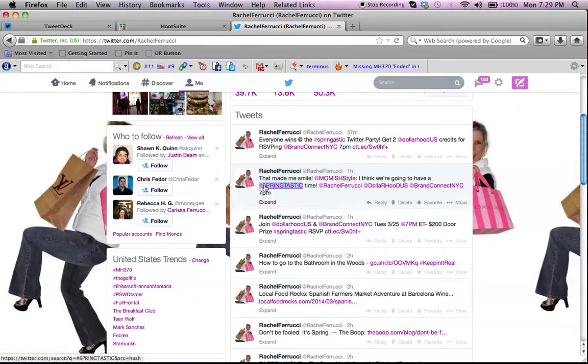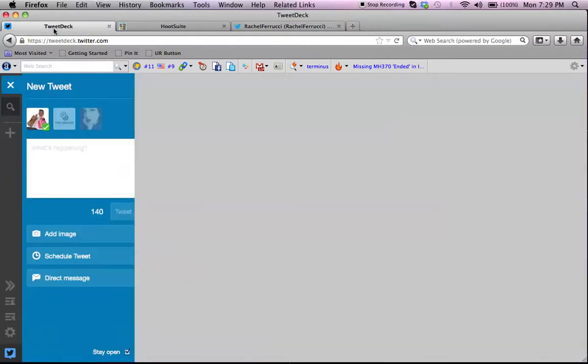So we're just going to go ahead and copy that. And then we're going to open another window with Tweetdeck. If you don't have a Tweetdeck account, it's really simple to sign up. You can actually just go to tweetdeck.com and you could sign in through the web. And then it'll ask you to verify your Twitter ID and password, and then your account will open up on